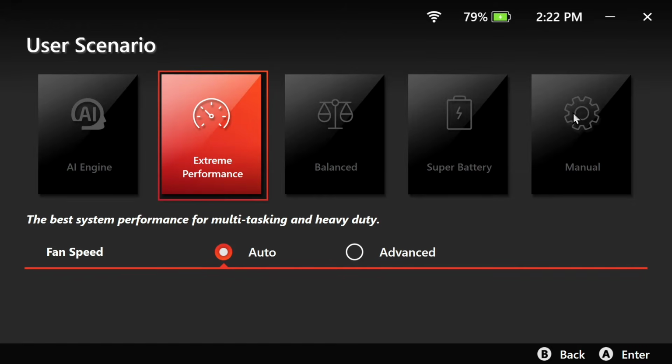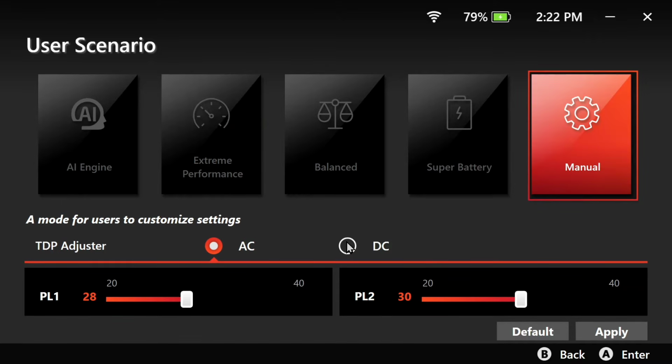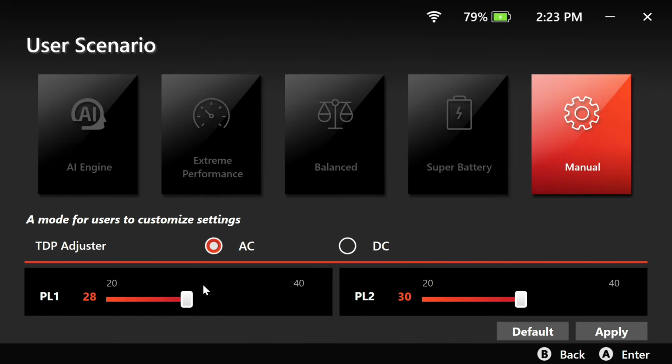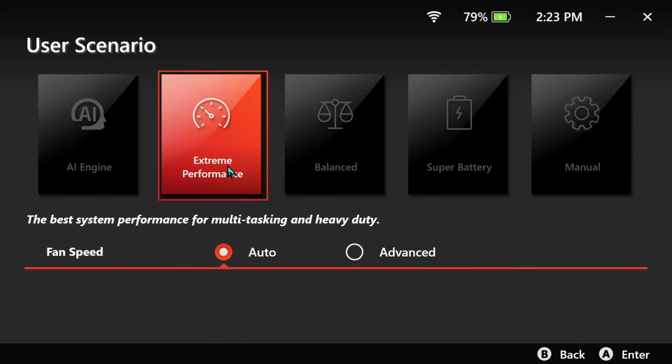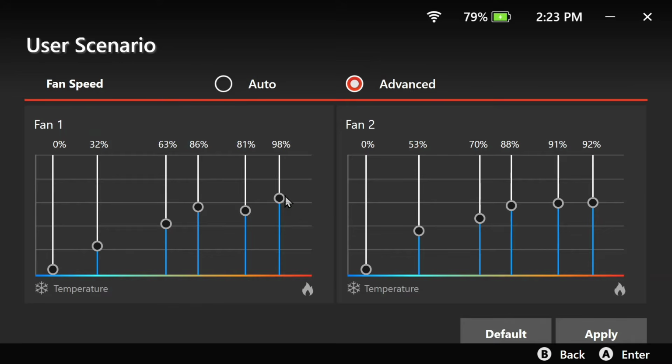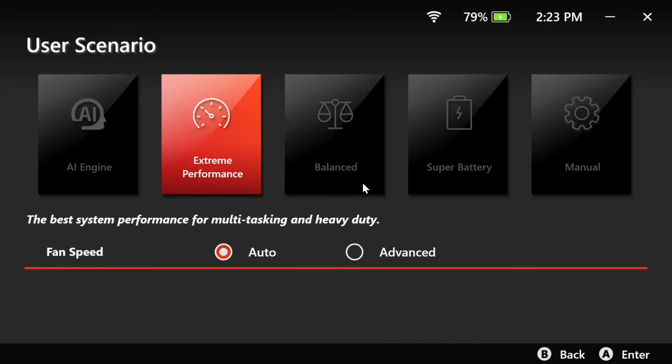And there is this manual mode where you can set the TDP, the PL1 and PL2 to whatever wattage you want. Okay, let this be on extreme. On extreme, you can also set the fan curve. The advanced will be like this. You can change it like this and then select apply. But for now, I just select auto. Okay, then go back